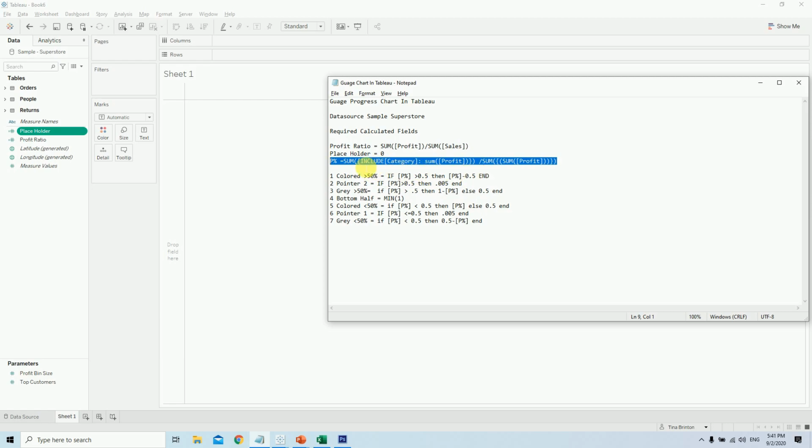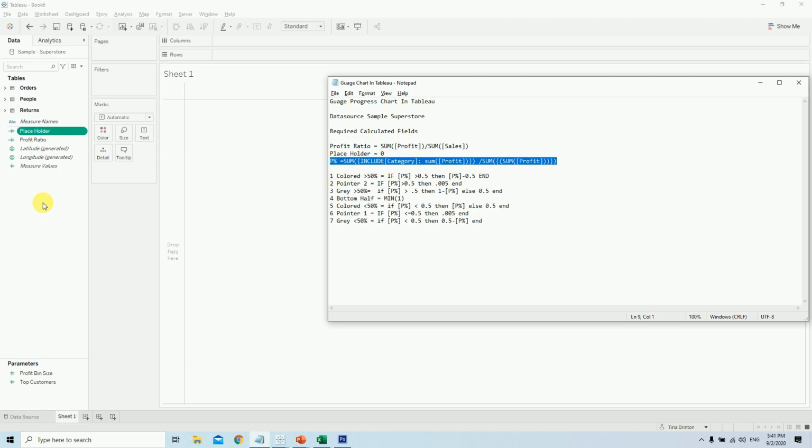Next, we'll have another calculated field, percentage of the profit restricted to categories. It's a fixed calculated function where we are including only categories. So the profit calculation divided by total profit for specific categories. Let's say you have sales by region, in that case you will have your sales divided by total sales but include only region. So that's how you will do that.